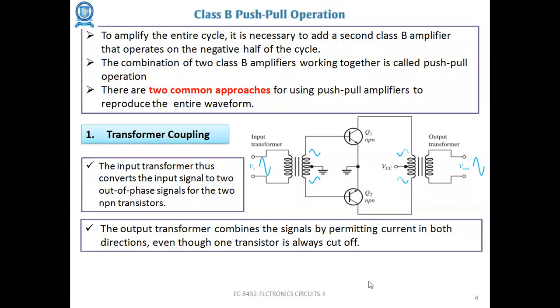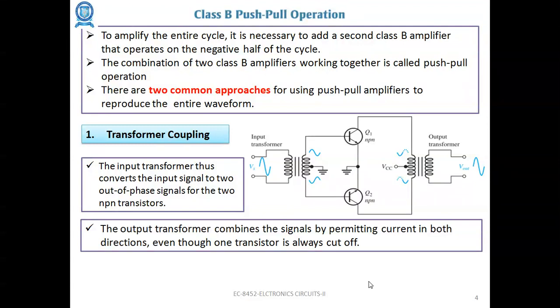In the center-tapped transformer type, the push-pull Class B application circuit is shown in the figure. In the circuit, both Q1 and Q2 transistors are NPN type, and the circuit can also be used with Q1 and Q2 as PNP type. In such a case, the only change is that the supply voltage must be negative. Basically, the circuit remains the same.